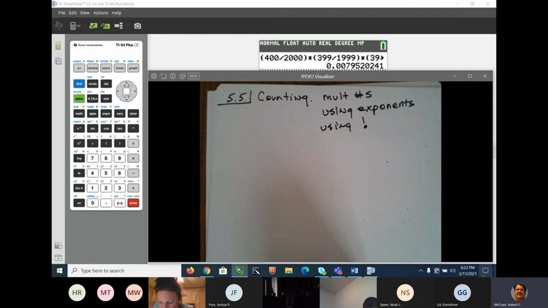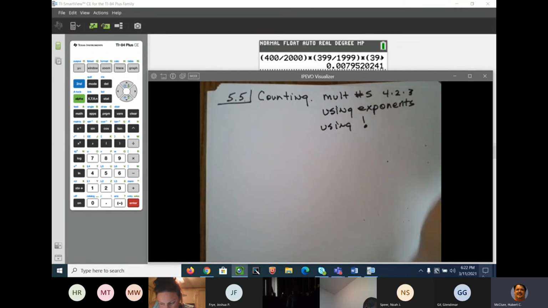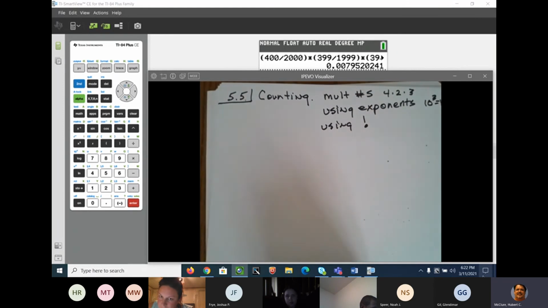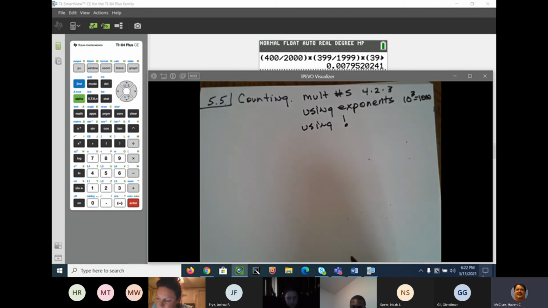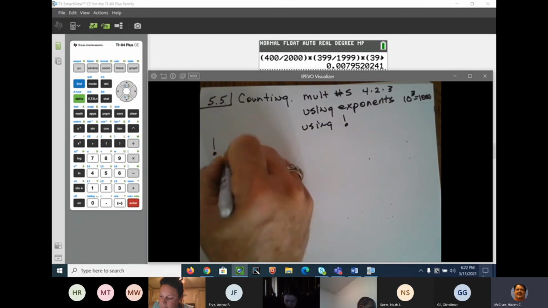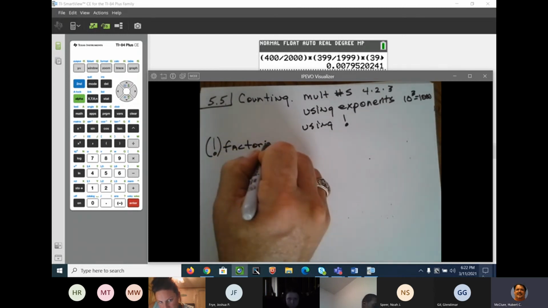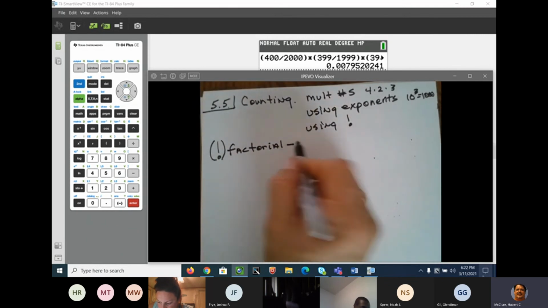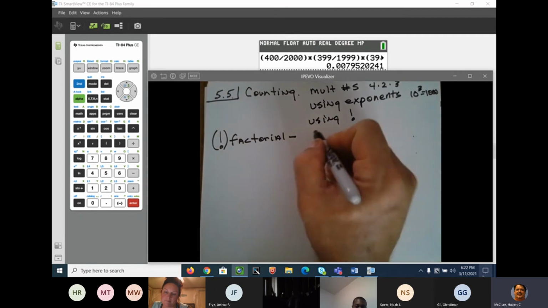Now, the first thing I'm going to do, because y'all know what numbers are, here's a number, 4 times 2 times 3. Y'all know how to do that. Y'all know what an exponent is. 10 to the 3rd power is equal to 1,000. But factorial, you might not know. So I'm going to go ahead and give you the definition for factorial. Actually, some of you might know it from Math 120 in high school if you had it. Okay? Factorial is multiplying